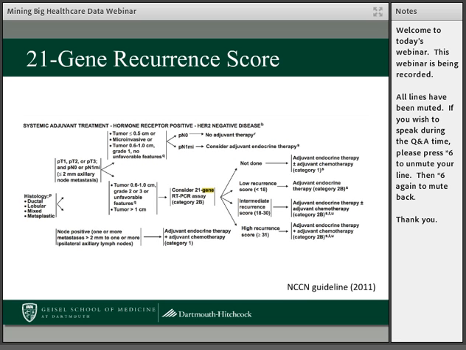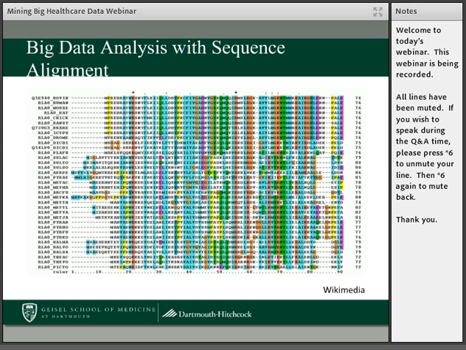So what we did was we used a technique that's been developed for bioinformatics, called sequence alignment. Sequence alignment is used in gene sequences, protein sequences, and other biological sequences to measure the similarity between sequences. As many of you know, the sequences vary across species because of evolutionary pressures, and within humans because of genetic mutations. And so by doing a sequence alignment, one can find sequences that are similar to each other.